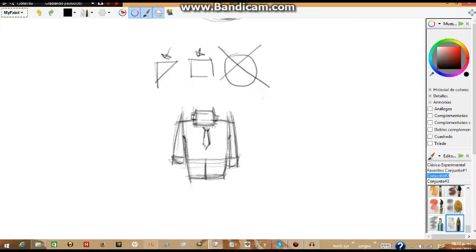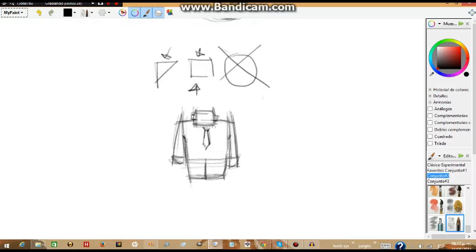Basically because a character is more than its silhouette. As with humans, you can recognize someone because of the way he stands, the way he moves, the color of his skin, how long his hair is, how tall or short he is, the way of clothing he uses. That's the same with character design. You want to create more than the silhouette, but always remember that the tool, which is our little square right here,